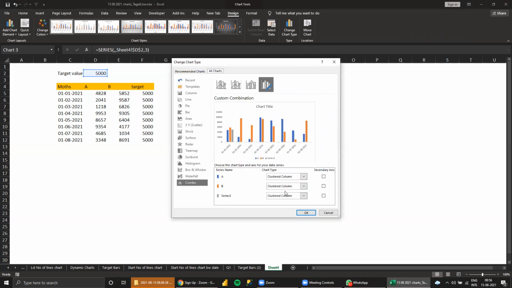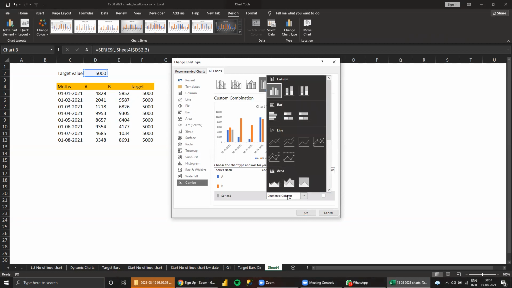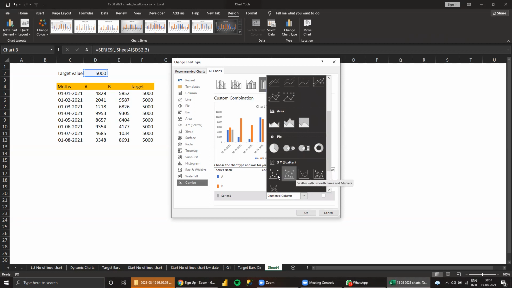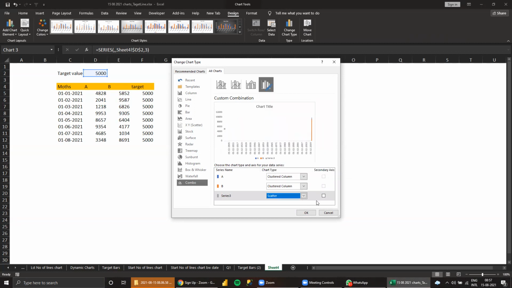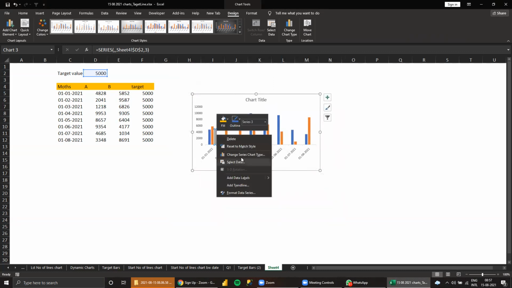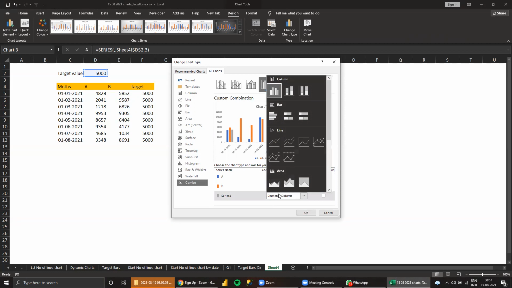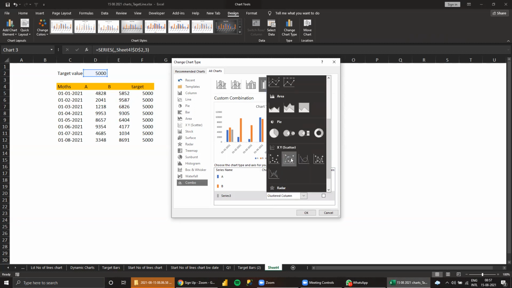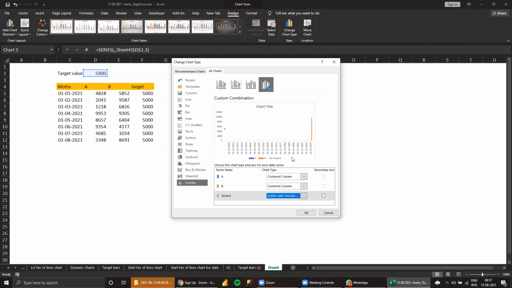Change type series. No, it's not correct.